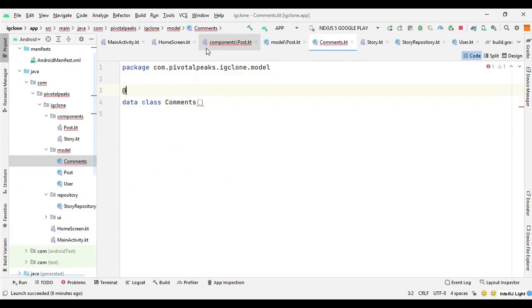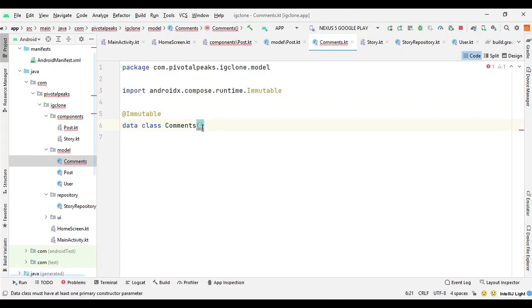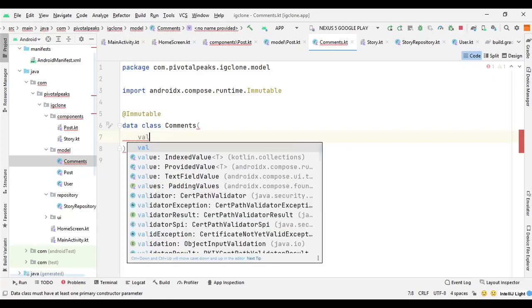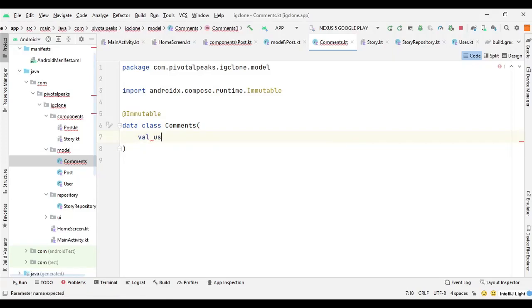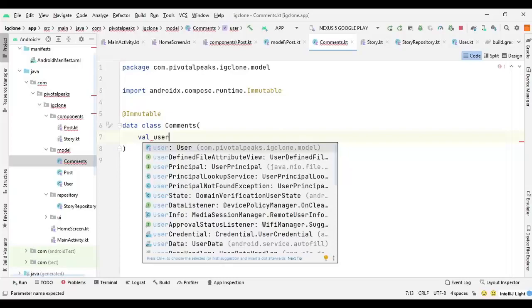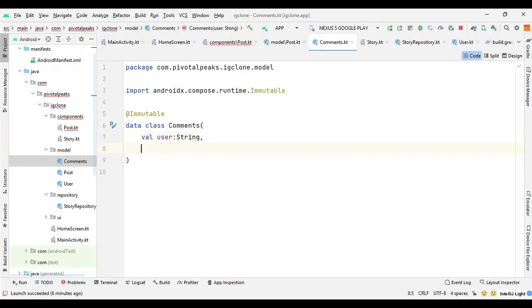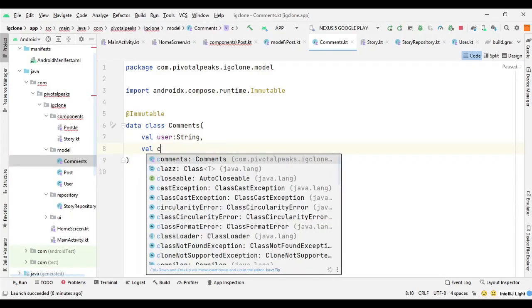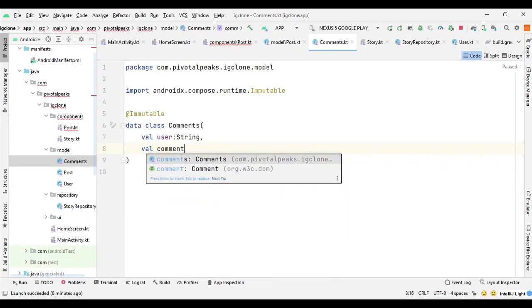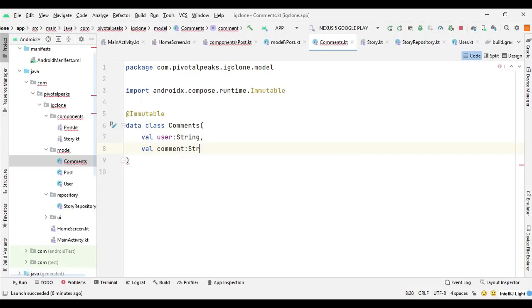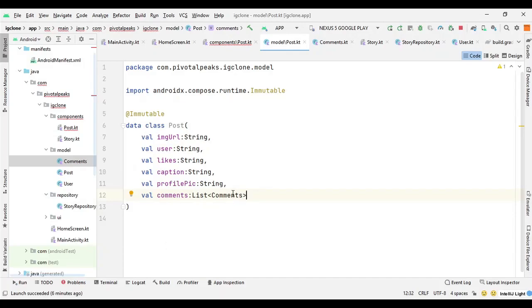Let's make it immutable, and in the comments we will have two variables. First will be value user, so the name of the user, which is going to be of type string, and the second one will be the comment itself. So we will say comment of type string. Now it's auto imported automatically.